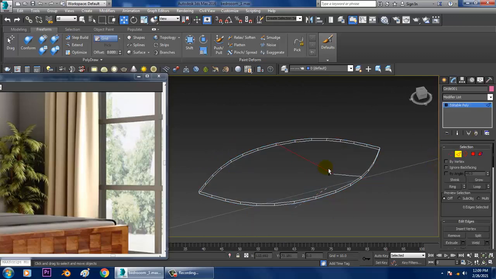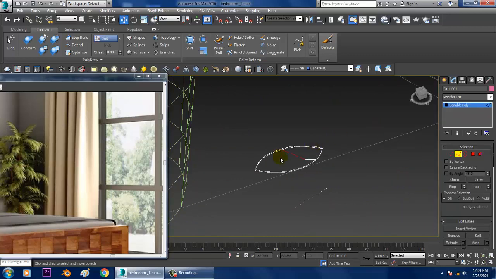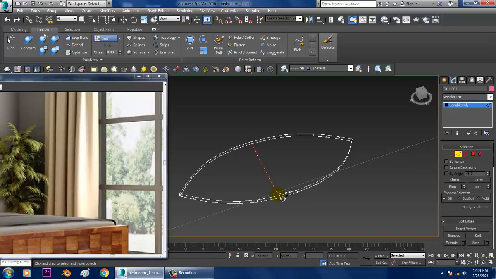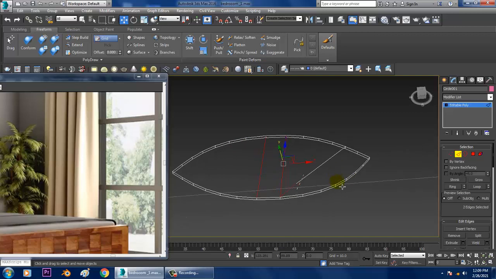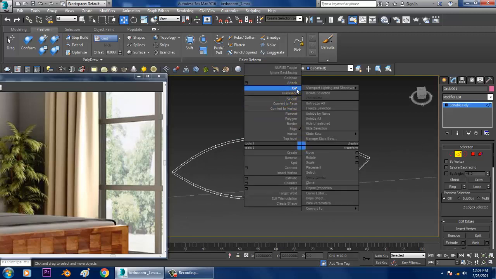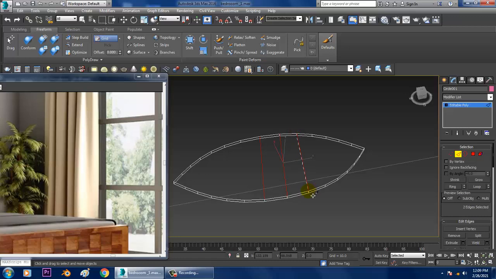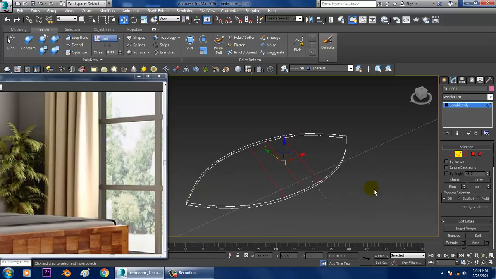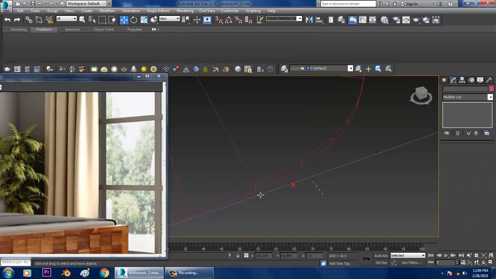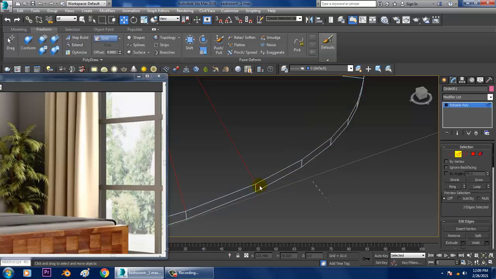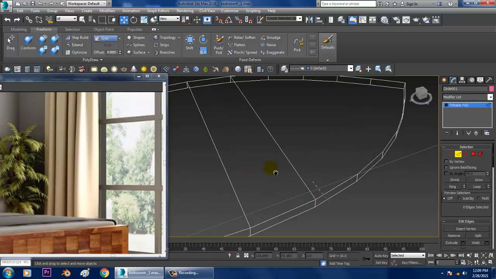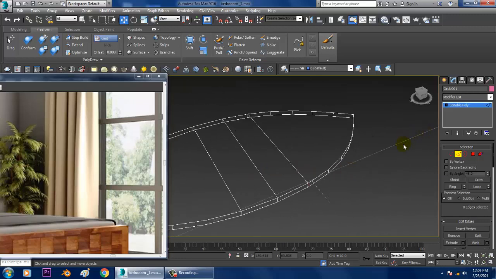I don't need this loop definitely. So use a cut over here. Control and backspace to delete the cut.